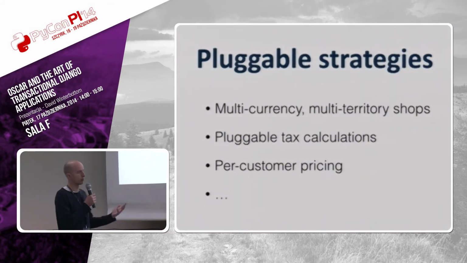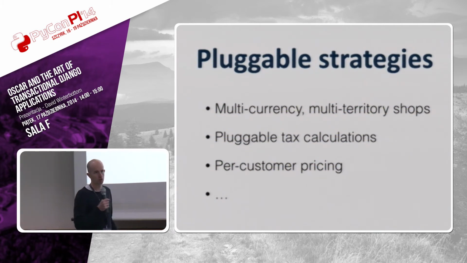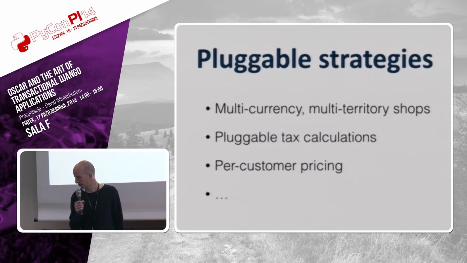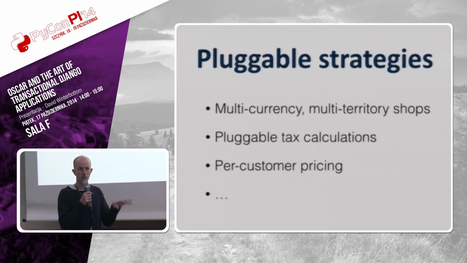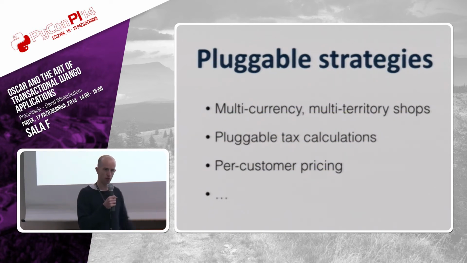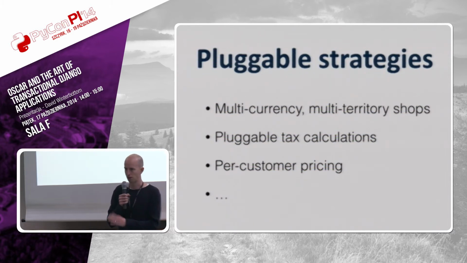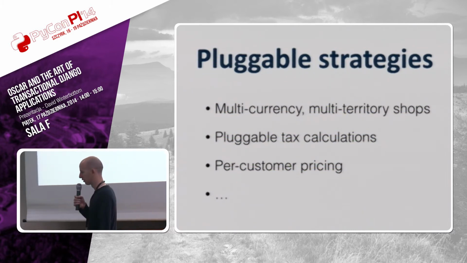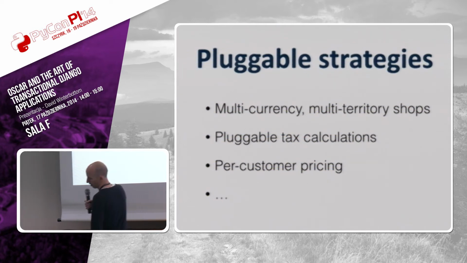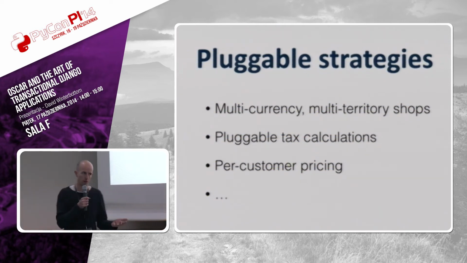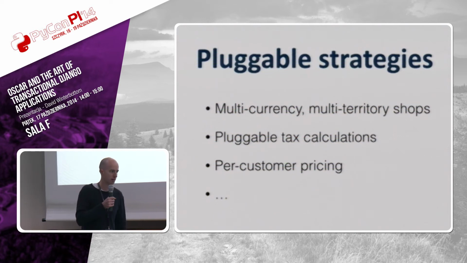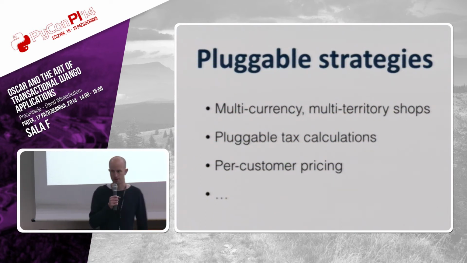And so we have this pluggable strategy structure within Oscar, and it gives you enormous flexibility for doing sites. We have some Oscar sites where we'll look at your IP address and work out you're in the States, so we'll show you all your prices in dollars. We'll use these warehouses, which we know serve the US. We don't have to do anything clever like bouncing you to different subdomains. We can do it all just using these strategies. And it also lets you handle the difference in tax regimes where, in Europe you might just pay a simple VAT on top of something, but in the States we have to wait until very late in the process before we even know what your taxes are.